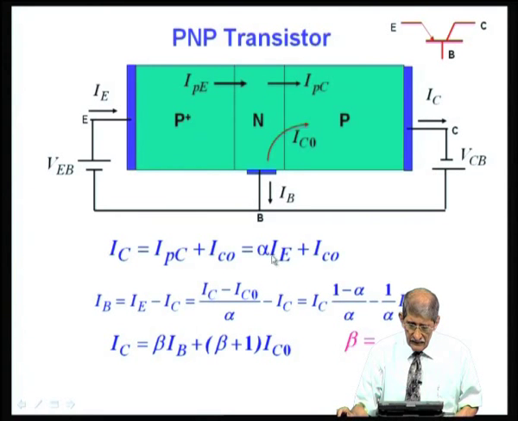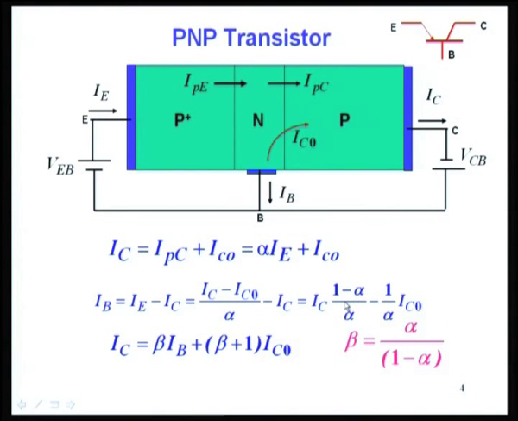Now, IE from the first equation I can see is (IC minus I naught) divided by alpha, that is IE, and minus IC is here. I can simplify it, it turns out to be IC into (1 minus alpha) by alpha minus this. Calling (1 minus alpha) by alpha as beta, you get IC equals beta times IB plus (beta plus 1) times IC naught. Beta is actually the current gain,